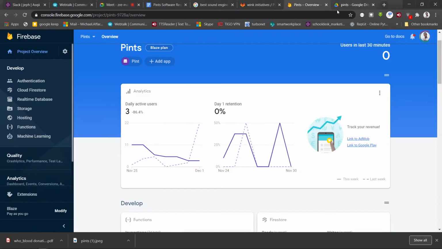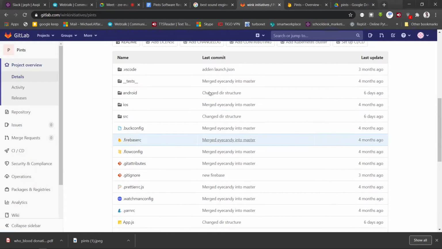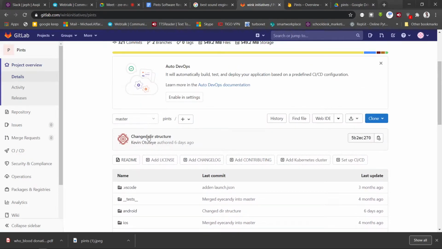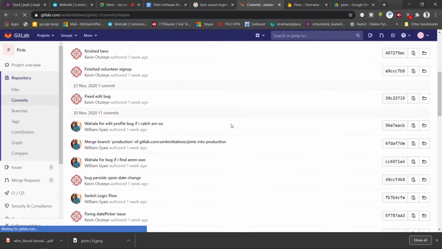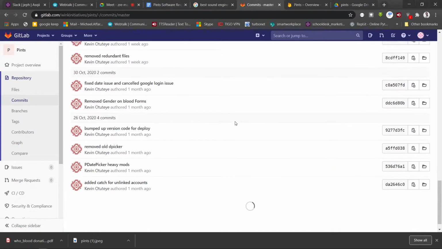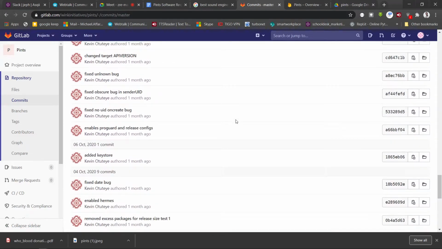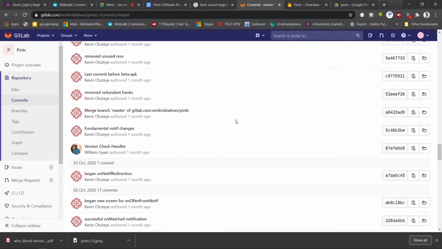We've also been keeping track of the project with GitHub. You see a lot of commits being done daily. The team is constantly committing, 1 week ago, 1 month ago, so many commits from the team.